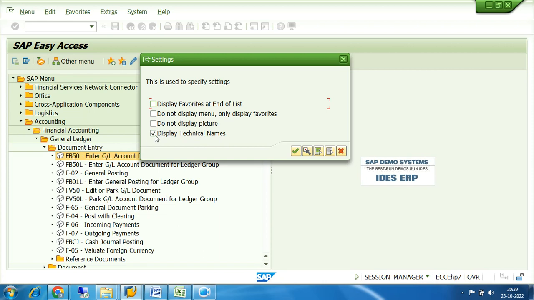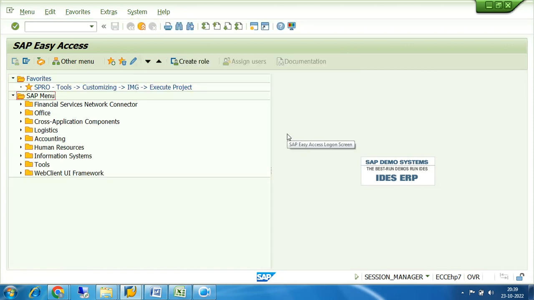In my case it is ticked, but in your case if it is not ticked, then you may not be able to see the transaction codes in the Easy Access menus, any place of the Easy Access. So just tick display technical names and continue, that's it. So this is the way through which it can be activated. Similarly,